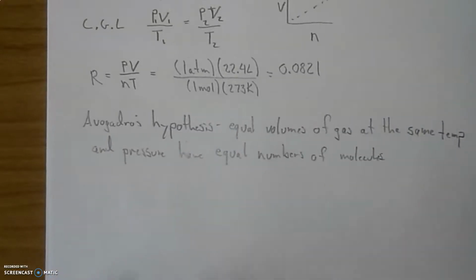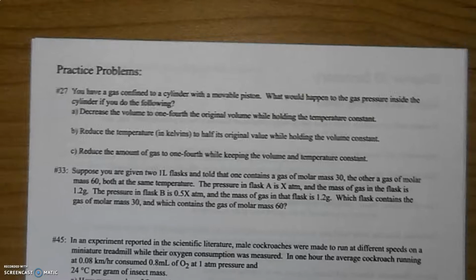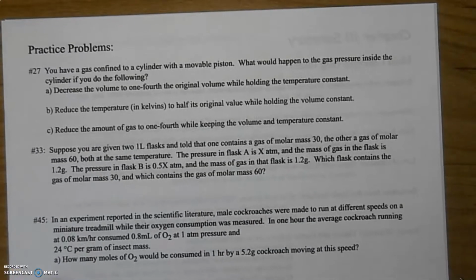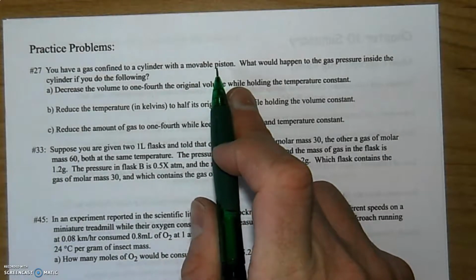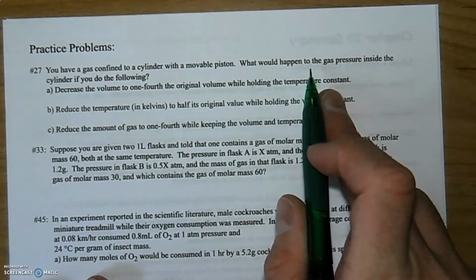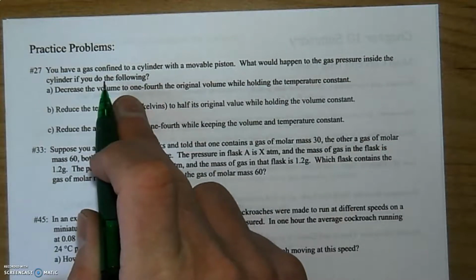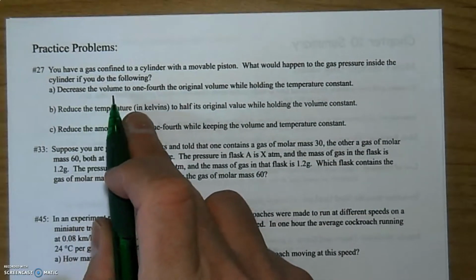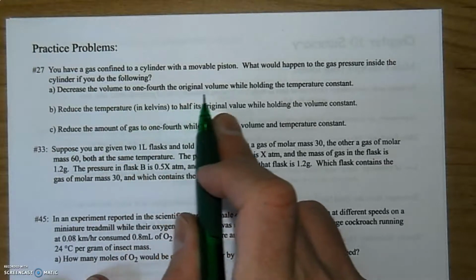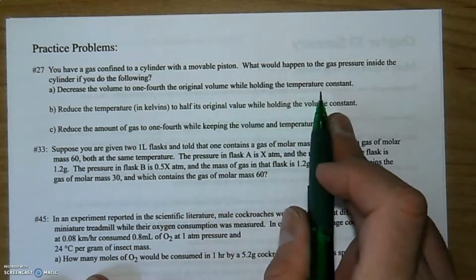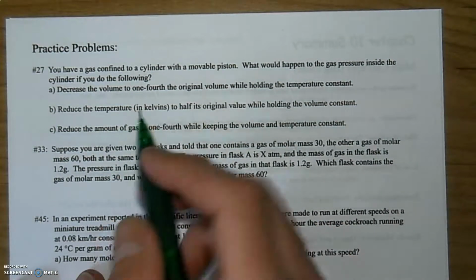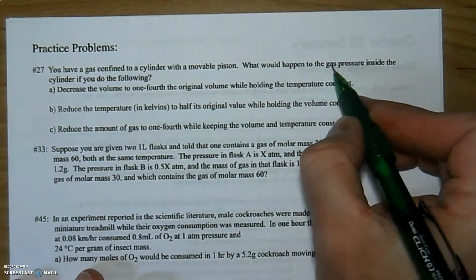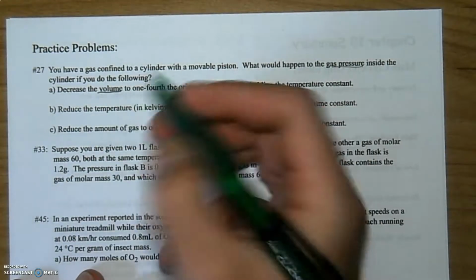Okay, let's swing on over and do a homework problem. We're going to look at 27. All right, so you have a gas confined to a cylinder with a mobile piston. Okay. What would happen to the pressure inside the cylinder if you did the following? You decreased the volume to 1/4 its original volume by holding the temperature and everything else constant. All right, so thinking about that one, we're talking about what's going on with pressure and volume, which is like a